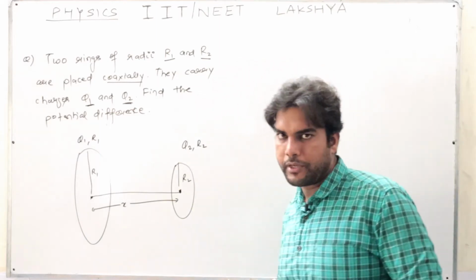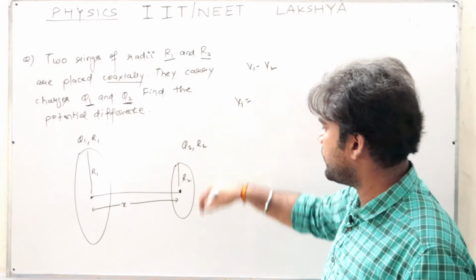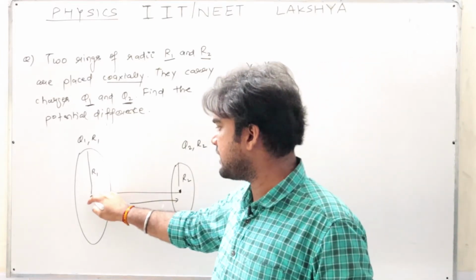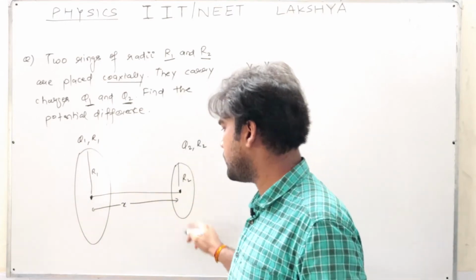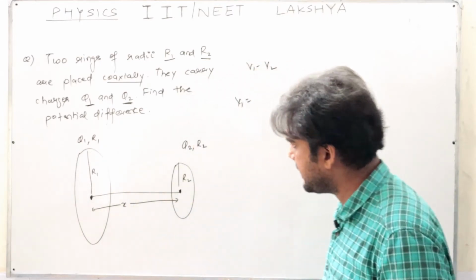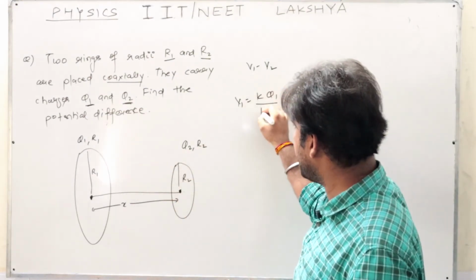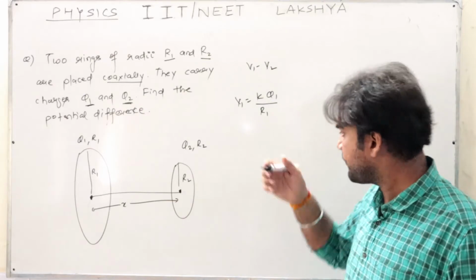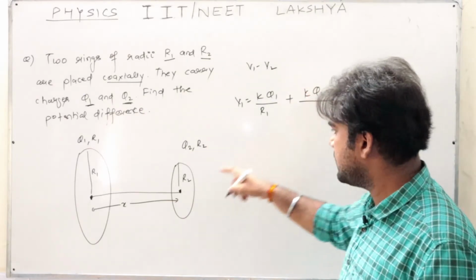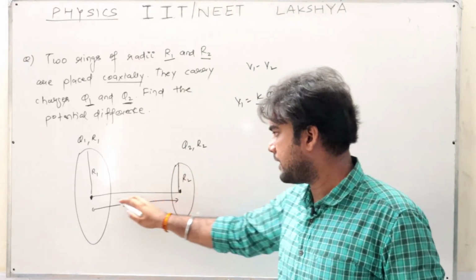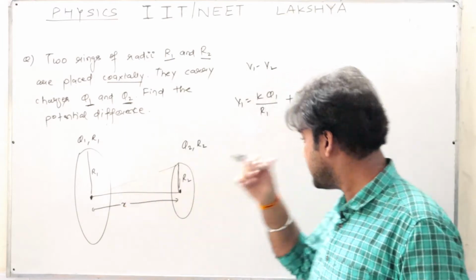So we have to find the potential difference. Potential difference is V1 minus V2. So let us first find V1, the potential at this point. This point is behaving as the center for ring 1 and an axial point for ring 2. So we know the formula for center as well as axis. So K Q1 by R1. This I am writing as the formula for the center, plus the axis formula for ring 2, I have to write K Q2 upon this and this. This is your radius R2 and this is your distance. So this distance I have to write.